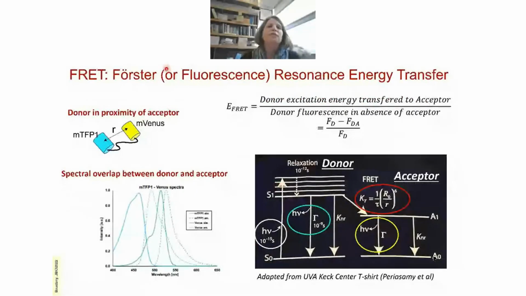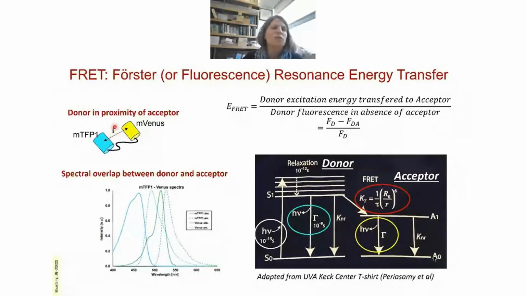So FRET stands for Forster or fluorescence resonance energy transfer. And it's a process by which, when a donor fluorophore and an acceptor fluorophore come in close proximity to one another, when you excite the donor, it can non-radiatively transfer its energy to the acceptor as shown here. So when that happens, the acceptor gets excited in turn and it can fluoresce as a result of this transfer of energy. One of the conditions for this process to occur is that the fluorophores are in close proximity here,